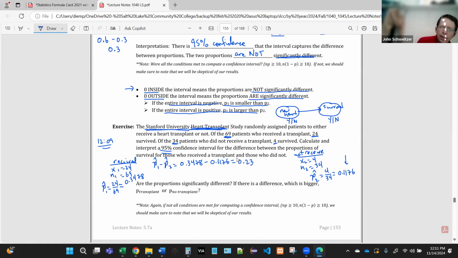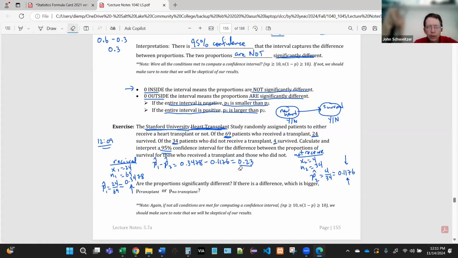Okay, but again, this is based on 2 samples, and samples have sampling error, and it's entirely possible that if they did this study again, this number would be lower and this number might be higher. And if that's the case, then the difference would be smaller. It might go to 0 or it might go negative. I don't think it would go negative, but who knows? Maybe, before they did a lot of heart transplants, they might have thought it might make it worse. If you take somebody's heart out, who knows if it's actually better?